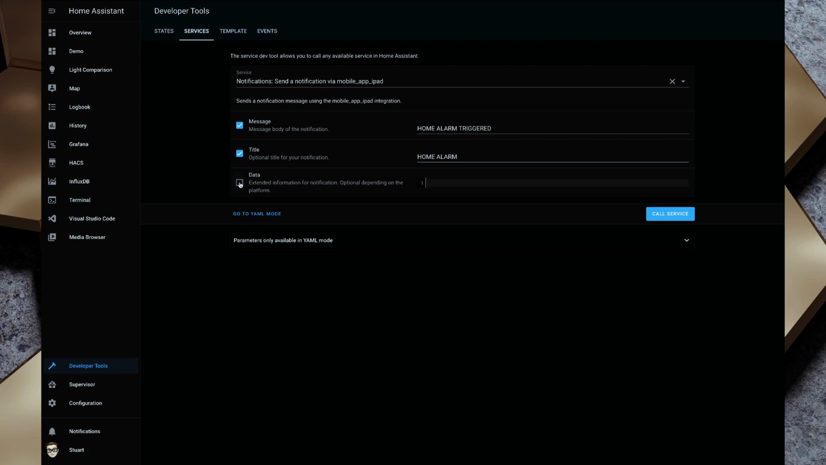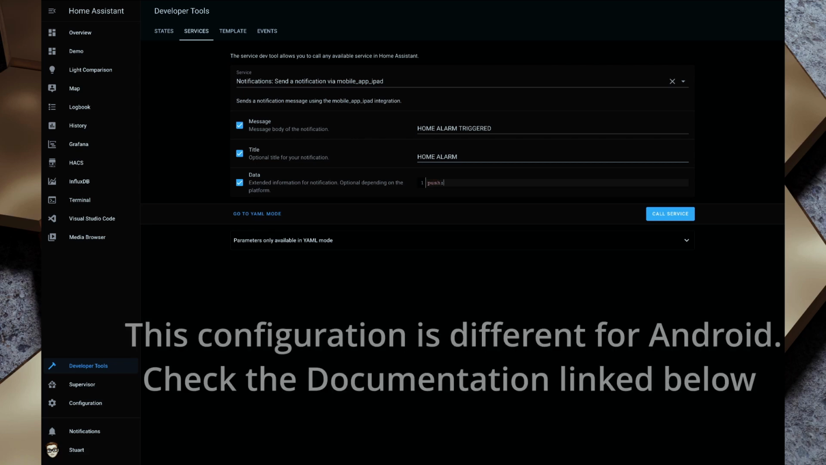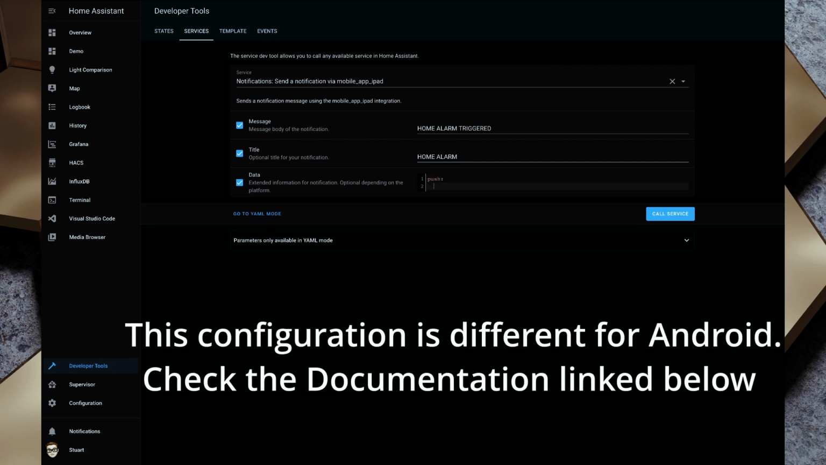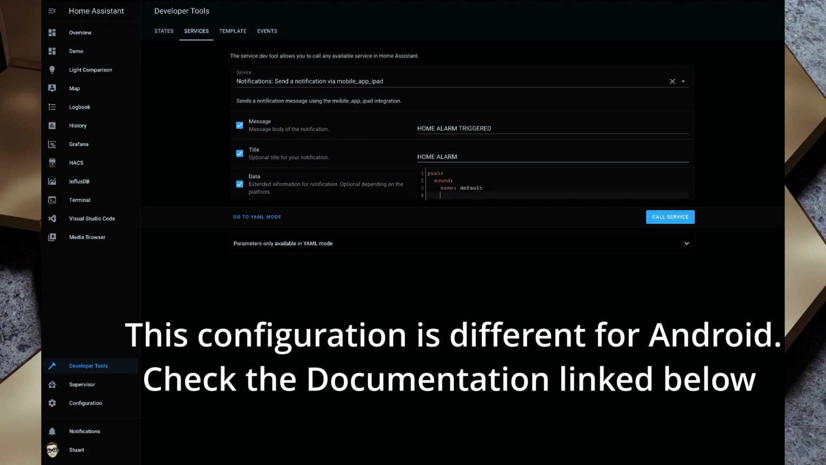What I can do is tick the box for data here, and then I can add in this field here some additional YAML. So I'm going to put in push, and then we're going to, on the next line, indent 2 spaces, and we're going to add sound. And I'm going to then indent another 2 spaces in the next row down. We're going to put in name, and the name is default. And we're then going to put in critical, and this we're going to put in the number 1,